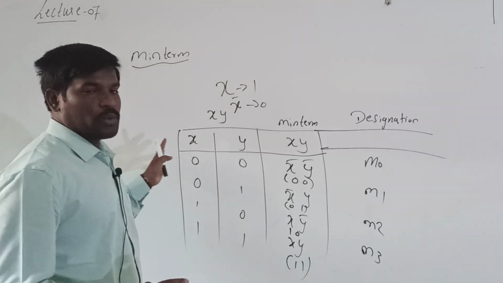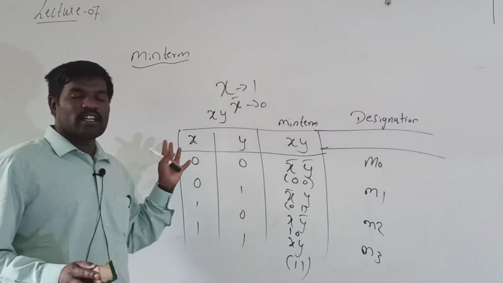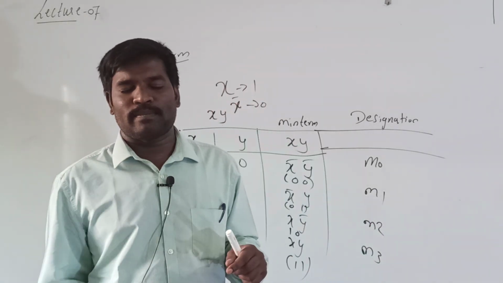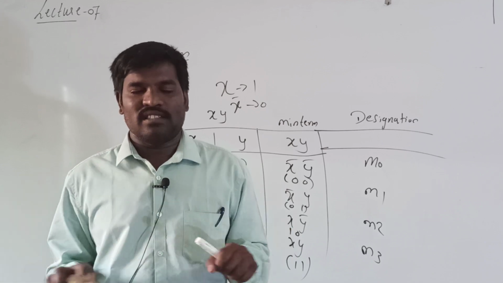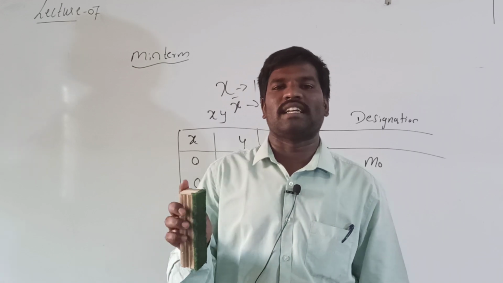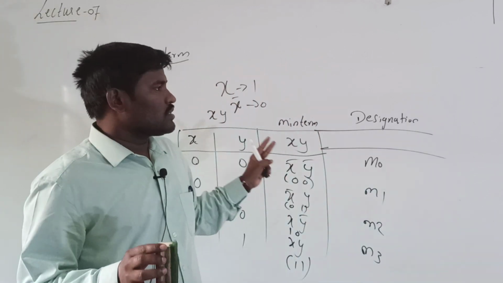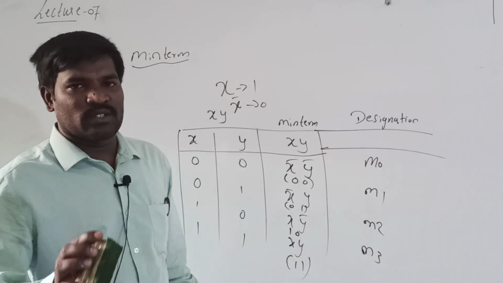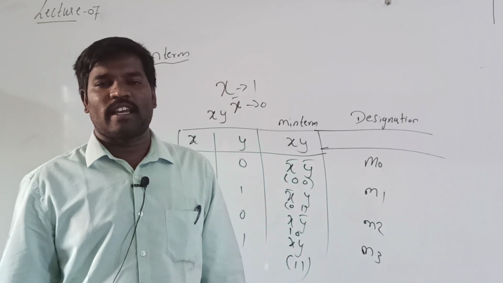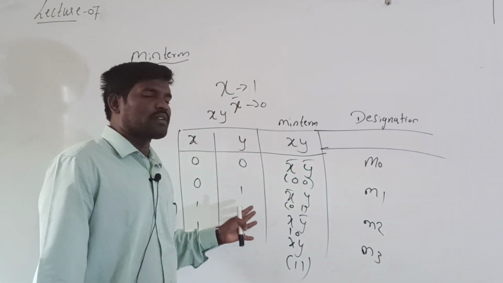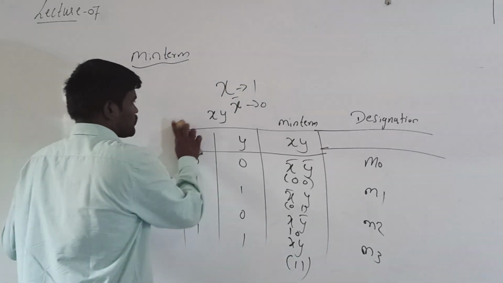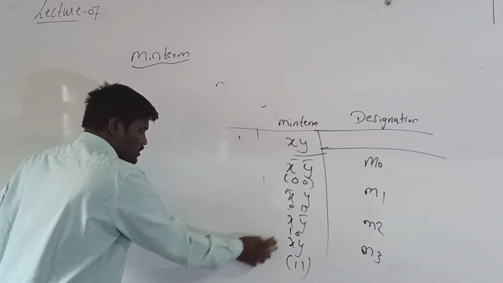Okay, the next is, so this is two variable. Okay, so it is helpful in solving the K-map. Okay, K-map is also one type of mapping. With the help of that mapping we have to solve the Boolean expression. So the Boolean expressions can be solved in two ways. First one is using the laws and second one is using the K-map. Using the laws also it is possible to reduce the expression. Another one is K-map. Okay, this is with respect to the two variable.